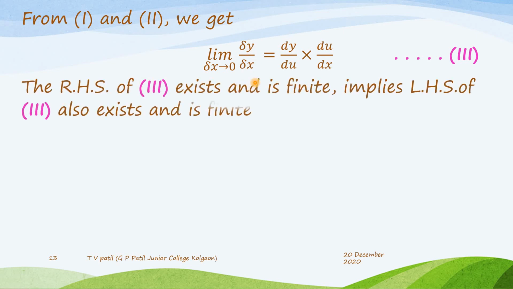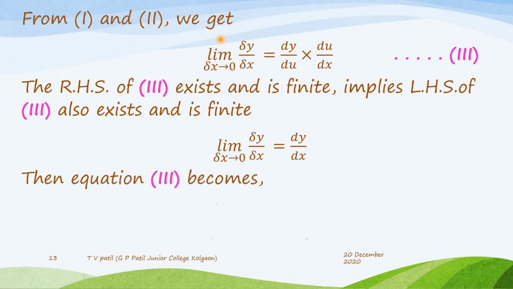म्हणजेच काय, युजिंग थर्ड, द RHS ऑफ थर्ड, राईट हँड साइड ऑफ थर्ड एक्झिस्ट अँड इज फायनाइट. This will imply here left hand side of third also exists and is finite. That means limit of delta y upon delta x as delta x tends to 0 is equal to dy by dx. हे लिमिट कुठे पुट करणार, इथे पुट करू. Then equation third becomes dy by dx is equal to dy by du into du by dx. This is the main formula for this